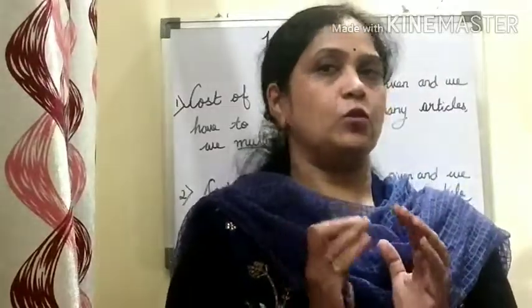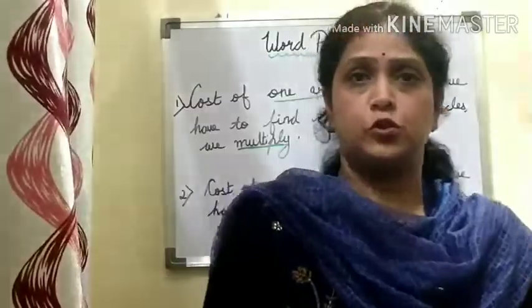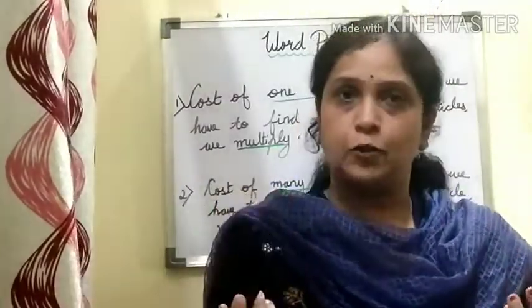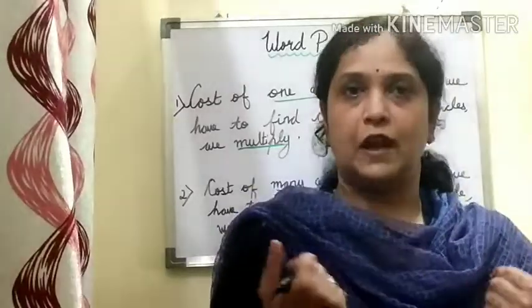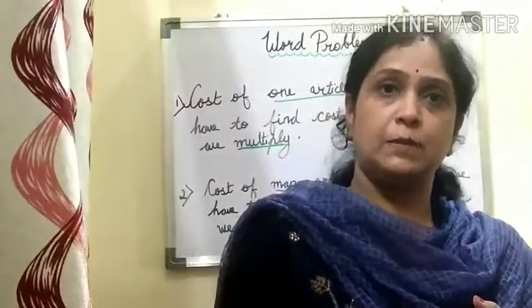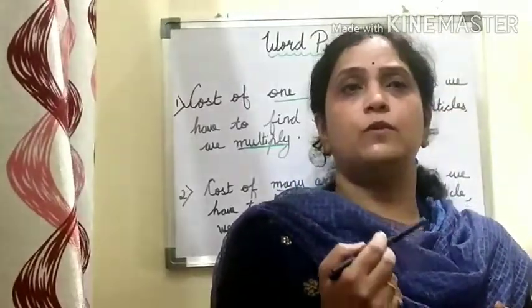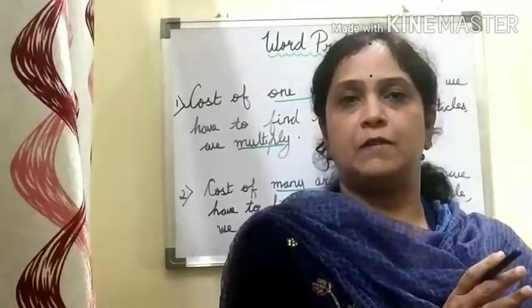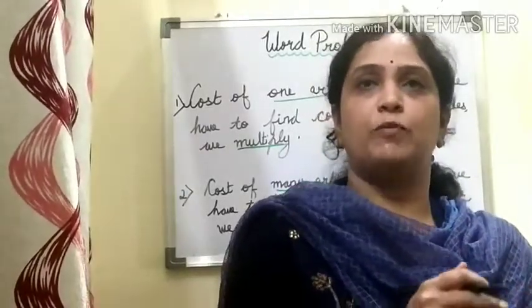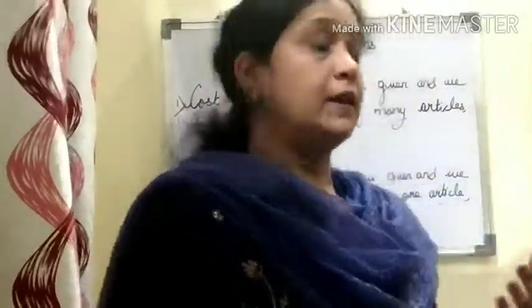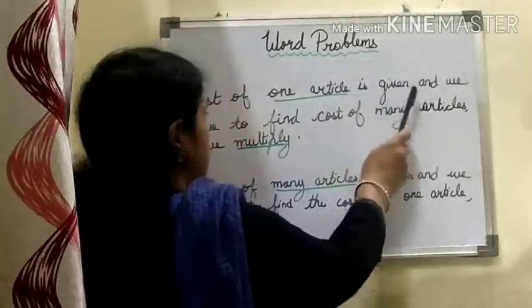Addition and subtraction, I think you are mostly clear because we have done many word problems related to this in earlier classes also. For example, when we do addition, when the total sum or all together we have to find out, there we do addition. And when we have to find the leftover number, or the number left somewhere, or the amount of money left, then we do subtraction.